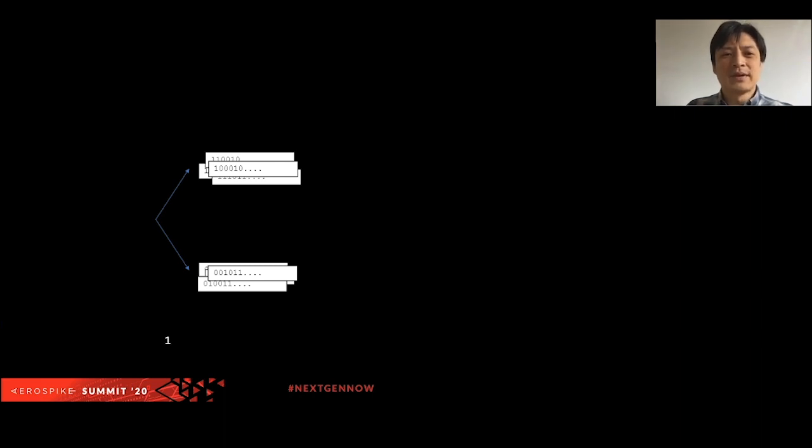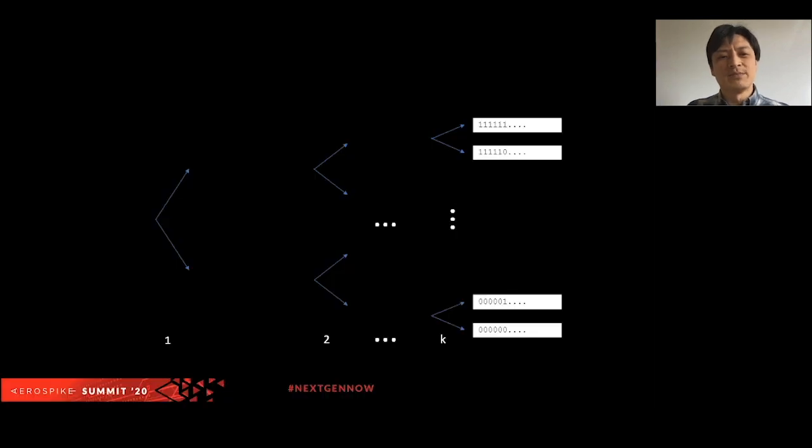So we now have two buckets, one bucket containing all the hash values whose first binary digit is 1, and one bucket whose first binary digit is 0. Let's repeat this process with the second digit. We'll then end up splitting our data into 4 buckets. Now, if we keep repeating this until there's only one hash value in each bucket, and say we've done this k times,